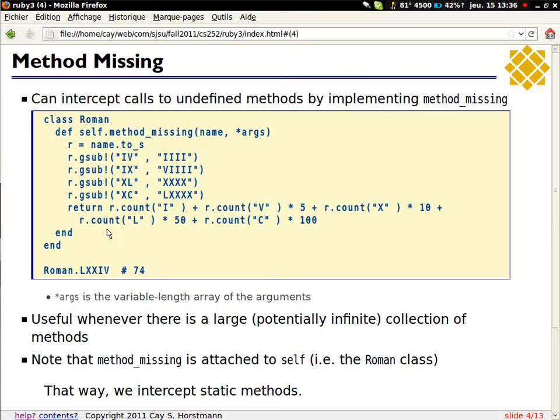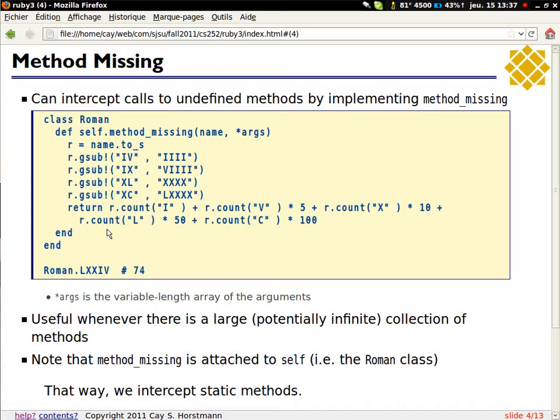So over here I'm going to define method_missing. What does this particular method_missing get? It gets the name of the method that one tried to call and that wasn't there, and then it'll pass the arguments. This particular one imitates Roman numerals. So when I say Roman.LXXIV, it comes back with the answer 74.